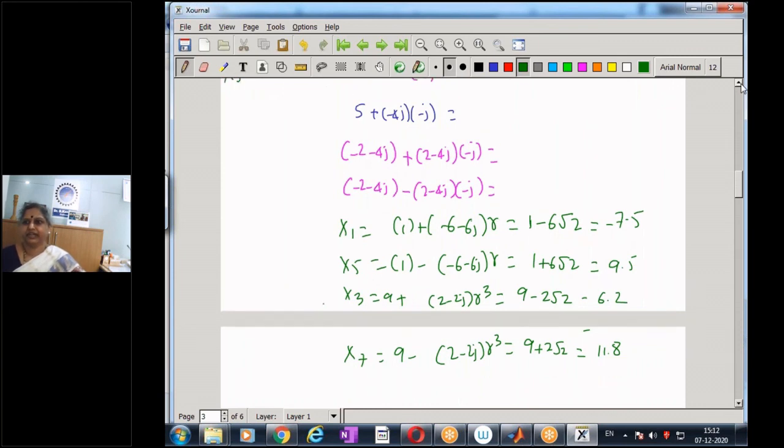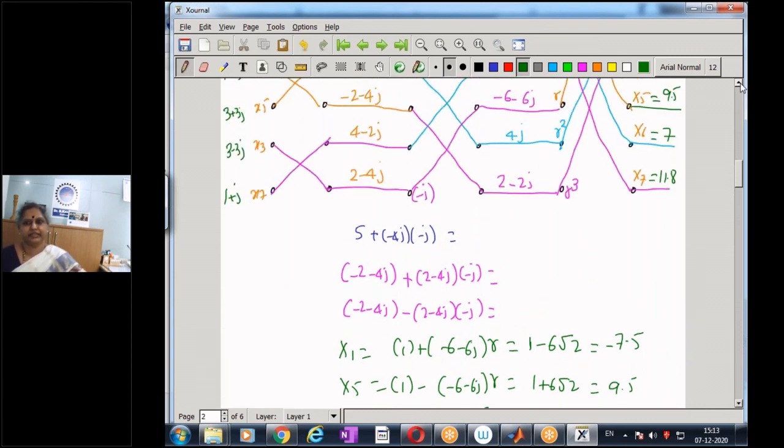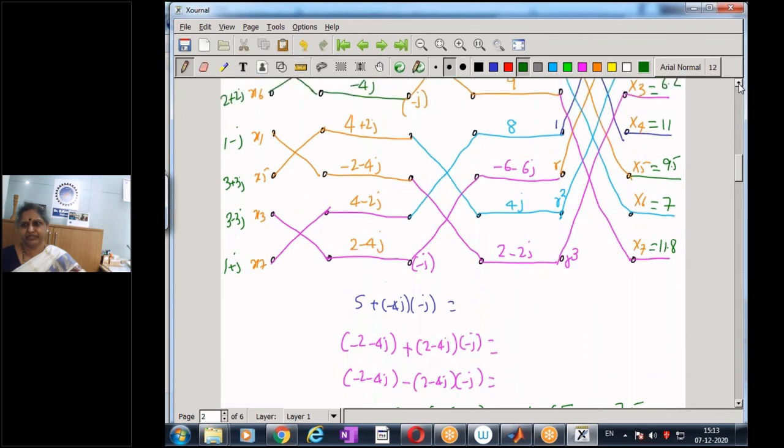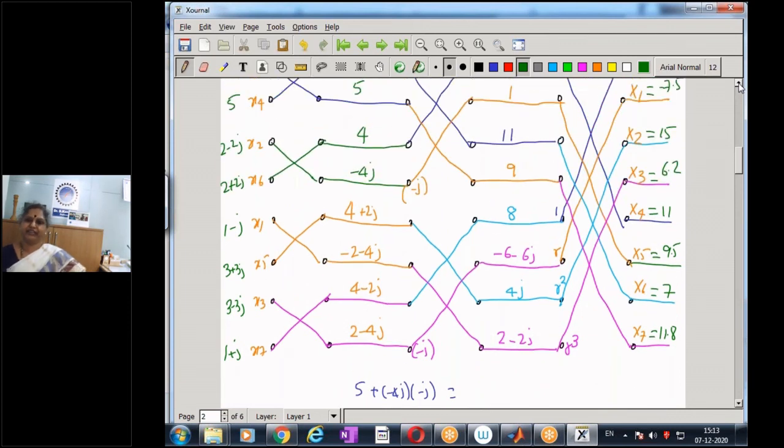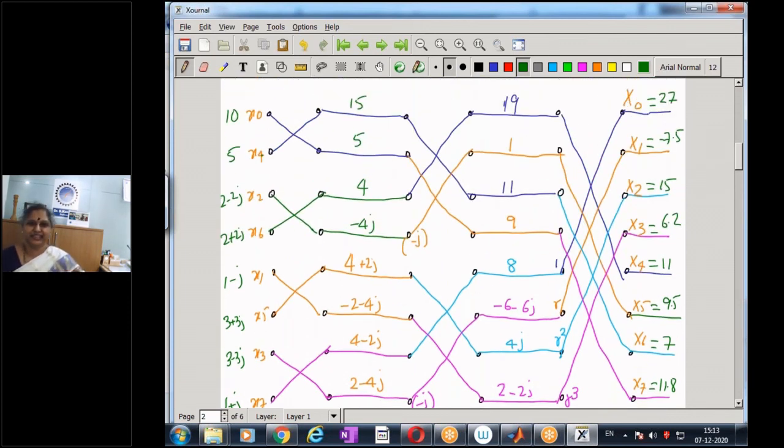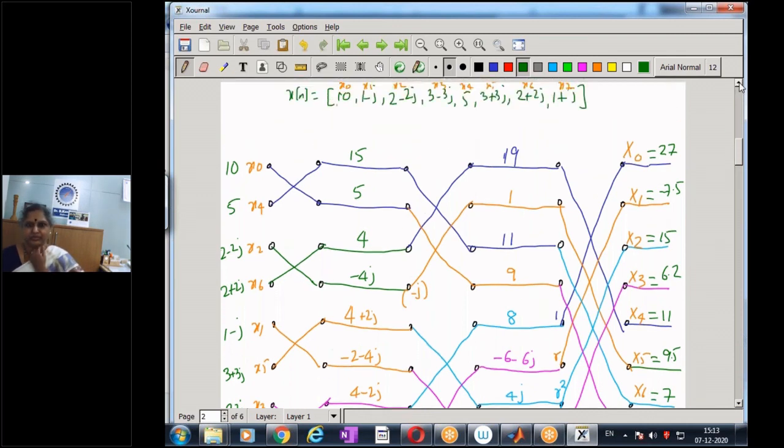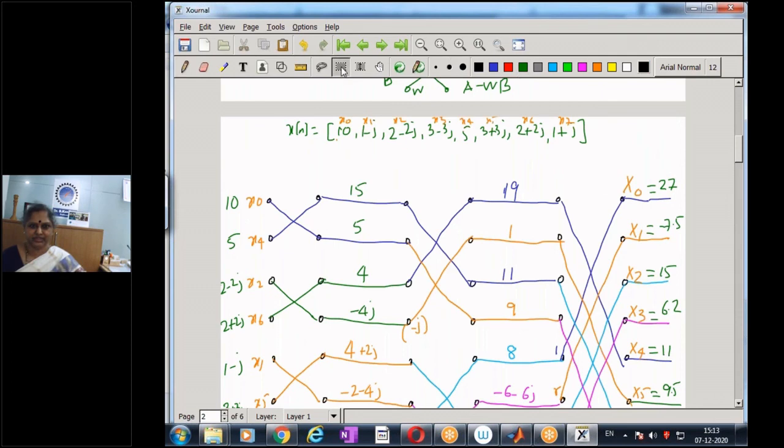So finally, we have computed the 8-point DFT of this sequence. And let's see, why did we take a complex sequence? The reason I took an input sequence with complex conjugate symmetry is so that my final result of x0 is going to be real. And this is what we have now. This is my input sequence that was given. So what's my input sequence? This is my input sequence.